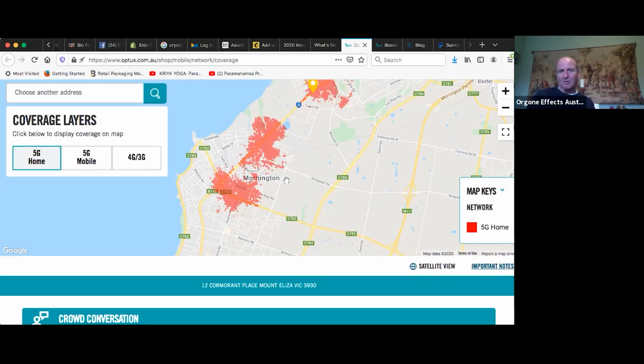But not all mobile phone towers, some are, some aren't, are discreetly placed in areas where there's no housing or building within 50 to 80 metres. In a lot of places, like in shopping centres, there's one tower down the road from us in Mount Eliza, which is 5G enabled, I think, for Telstra, not Optus. The shopping centre area is affected because the tower is right next door. However,